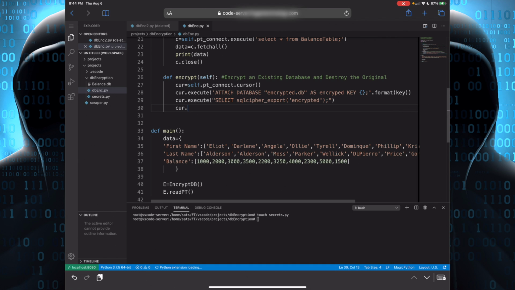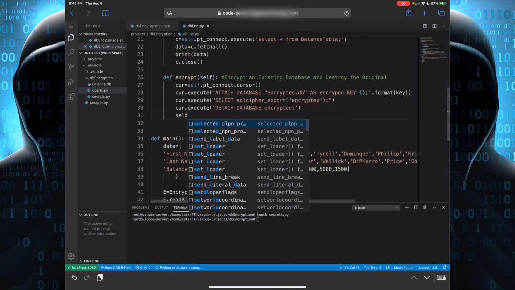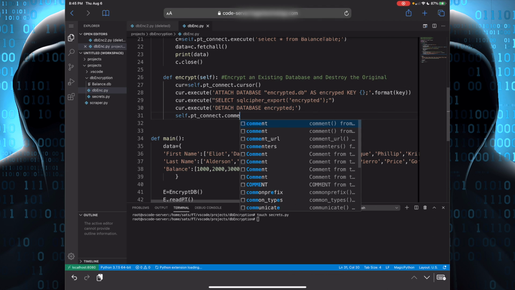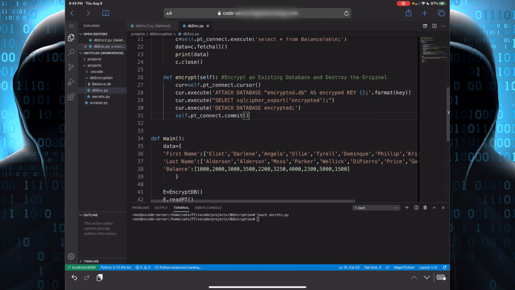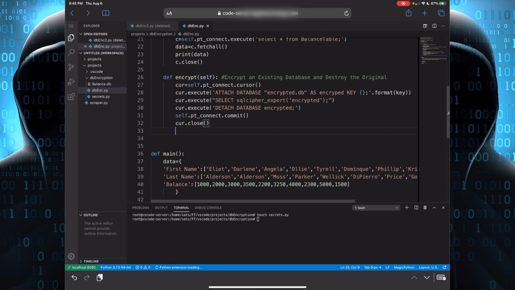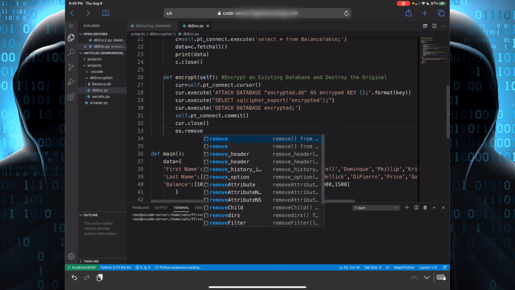Finally, we're going to say cursor.execute detach database encrypted. And then we're going to have to open up a brand new connection. So now we're going to say self.pt underscore connect dot commit. And then finally, we're going to close our cursor, and then we're going to destroy that original file. So os.remove, and then it's